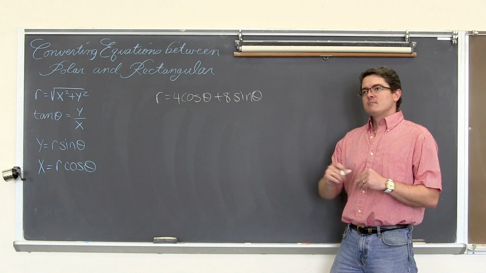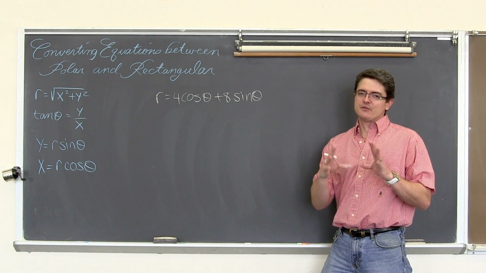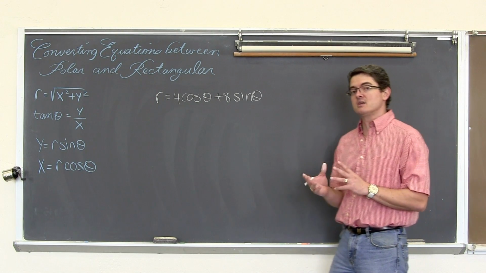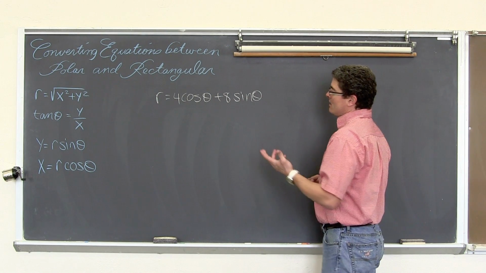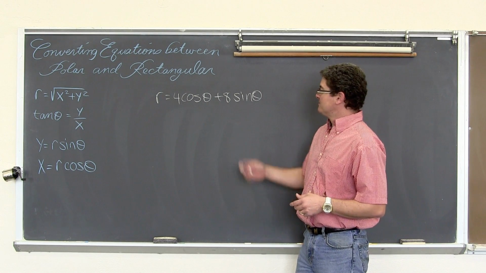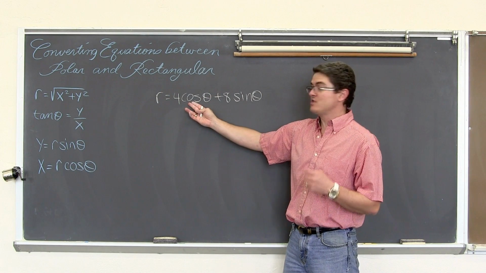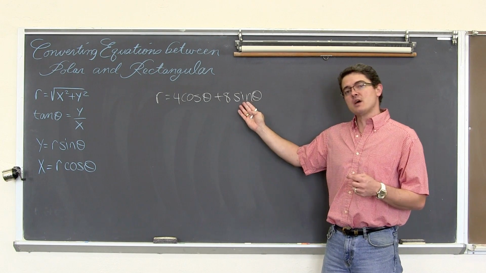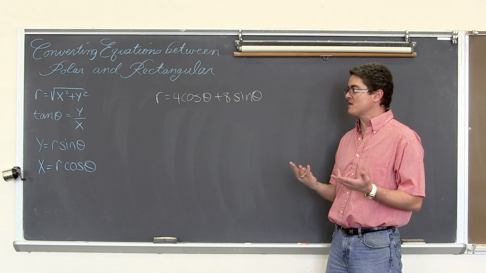Again, we are not looking at different shapes on two really different planes. It's still the same shape. We're just describing different ways to get to those points. Anywho, r cosine theta is x. r sine theta is y, but we don't have r cosine. We have just cosine. We don't have r sine. We have just sine. So a direct substitution here is not going to be very successful or very